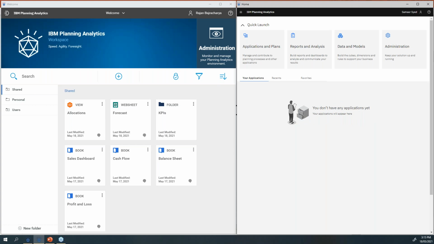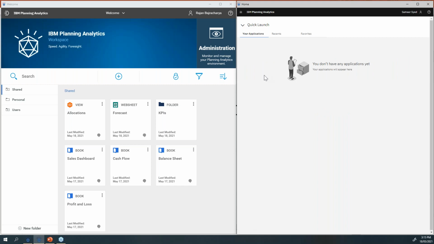And you can see I'm getting more space on my landing page. And I've got something called quick launch. Again, if I don't want to see that, I can hide that. And you can see the difference between the left side and the right side. Now, all these features, if I want to see, that's what I want to talk about.